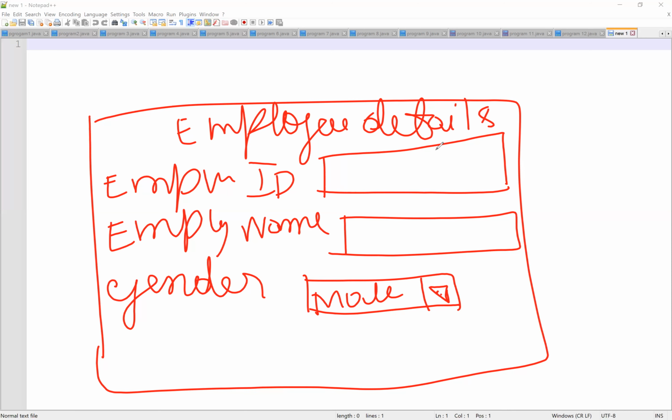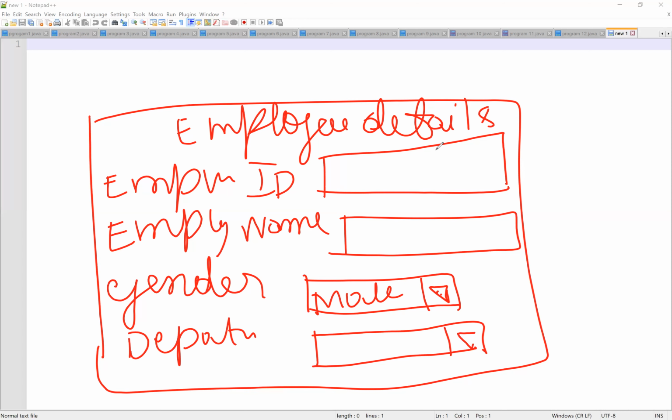Next, after that you need to have department. In this you need one more combo box, like the previous one, gender. By default the first one will be education department.